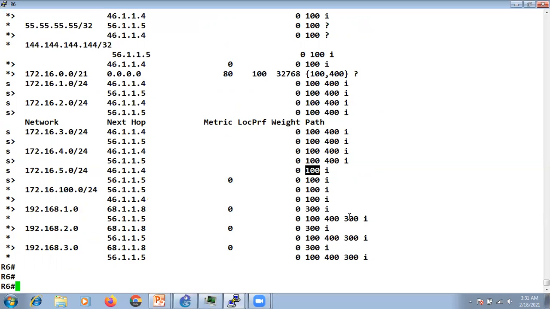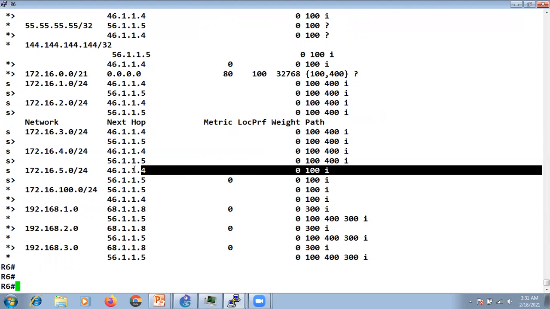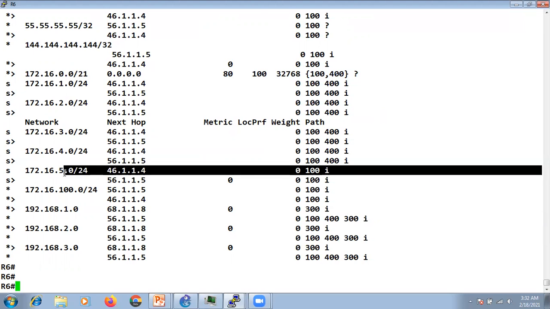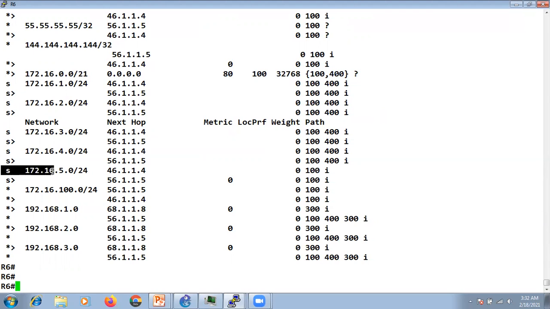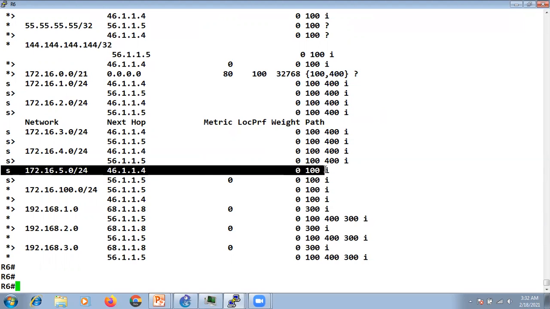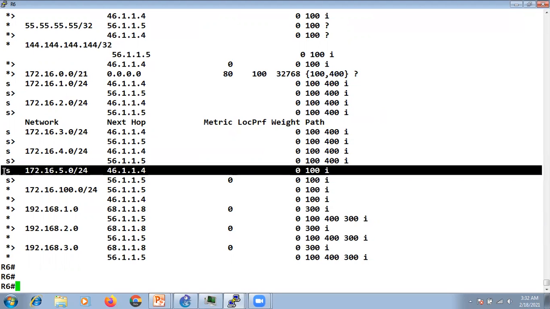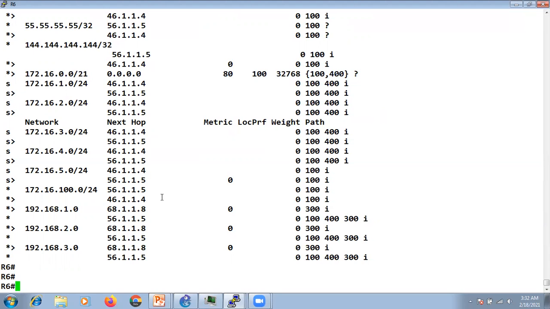Now you can decide, let's say R6 wants to include only this AS number in the summary, as this is the subnet which was advertised by R5. So R6 wants to put only this AS number in the list. So what we can do here is